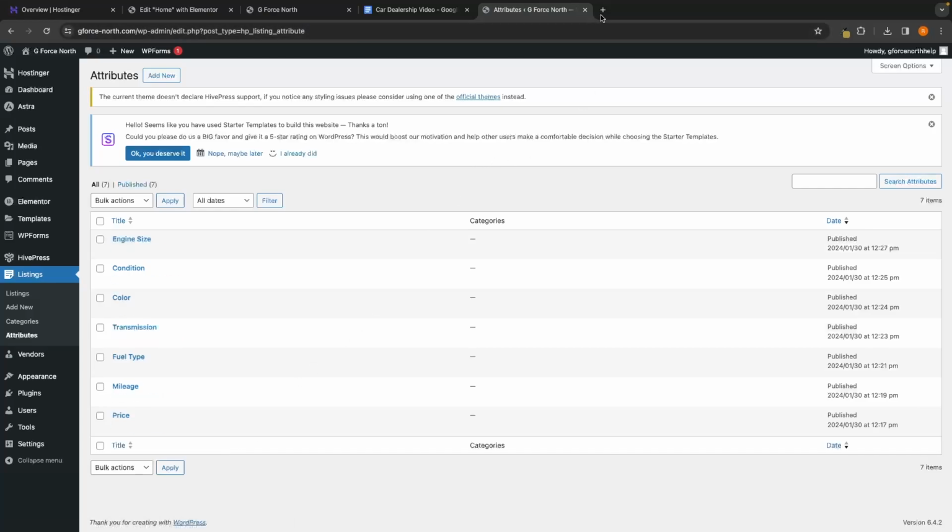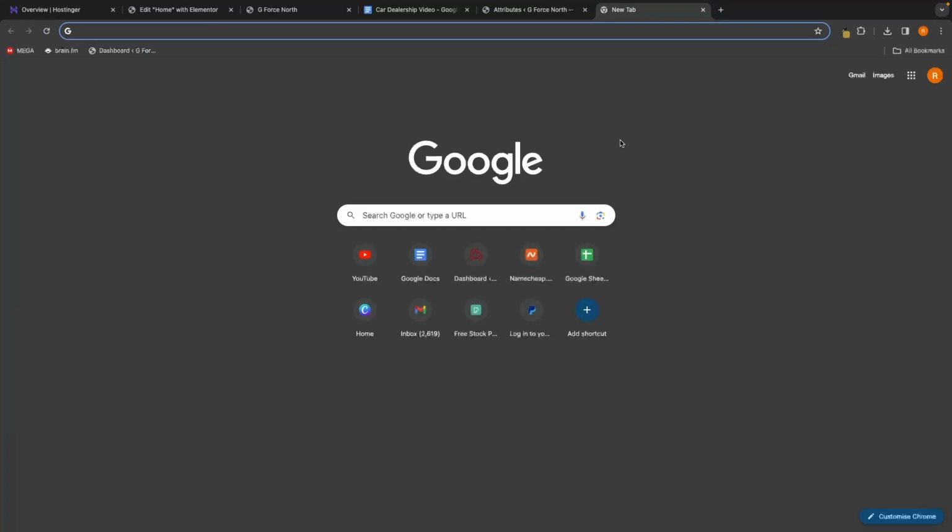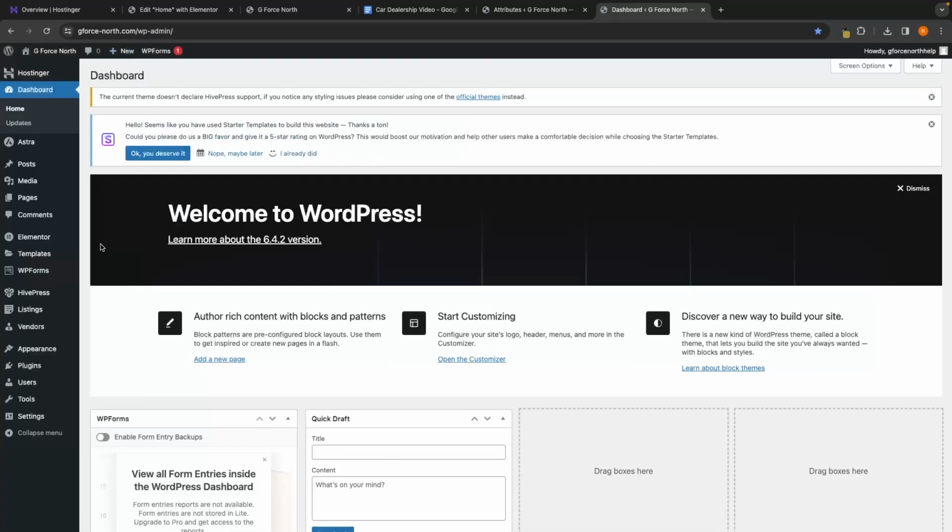So what we will actually do is start from a new tab so I can show you exactly how you can add new car listings to your website at any time. So open up a new tab, then go to the WordPress dashboard. Once the dashboard loads up, we then want to go to listings on this left-hand side and click into the